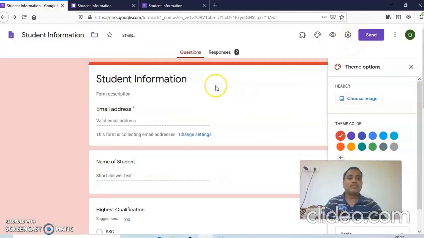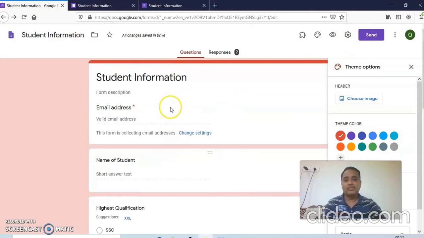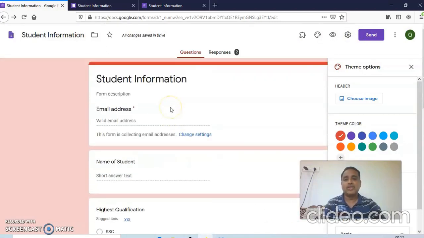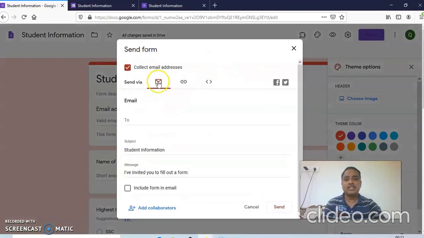Now here, if you want to send this form to others, many persons, students, then you have to go for send. So here is the send option. When you click this send, you can send it by email, to those persons who want to fill this form.